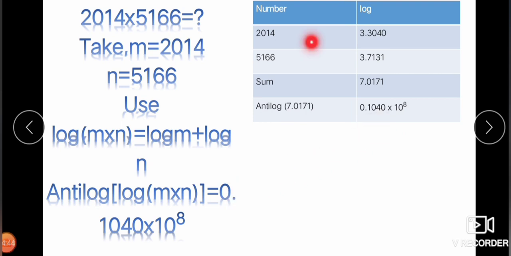Log of 2014 is characteristics plus mantissa. Characteristics of this number is 3. It has 4 digits and it is greater than 1. 1 2 3 4. 4 minus 1 is 3. 3 point. Log of 20 under column 1 and 4 is 3040. Log of 5166 is 3.7131 and their sum is 7.0171, and antilog of this number